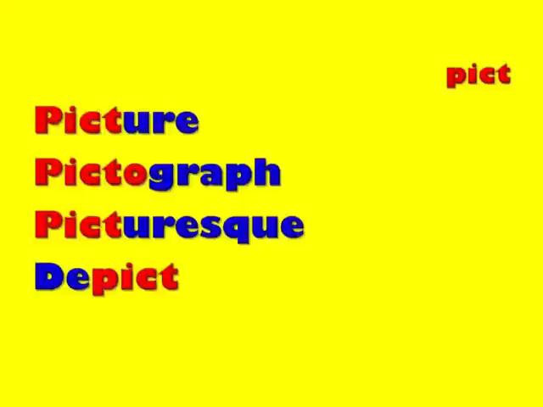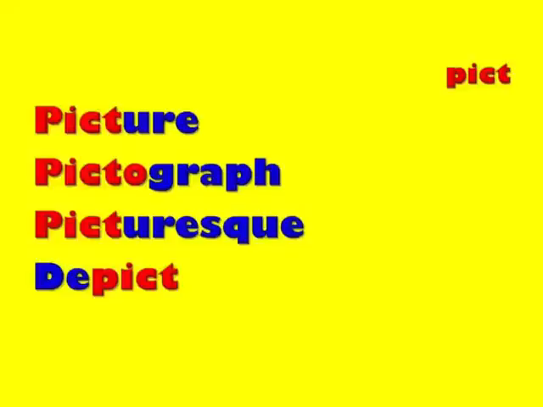Picked is a root word that comes to us from Greek, and it means an image, to draw or to show visually. A picture is a drawing or something shown visually. Pictograph contains two root words, graph meaning to write or draw. A pictograph is a writing or drawing that is shown visually. This particularly applies to languages in which their writing or alphabet are in the form of letters.